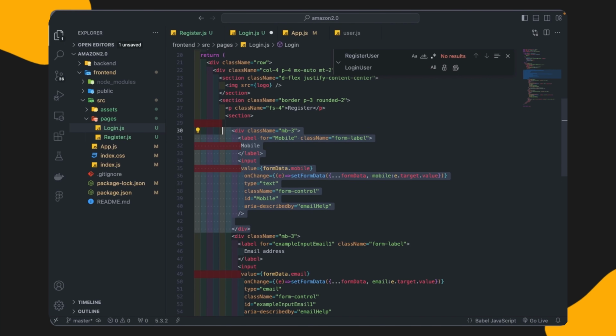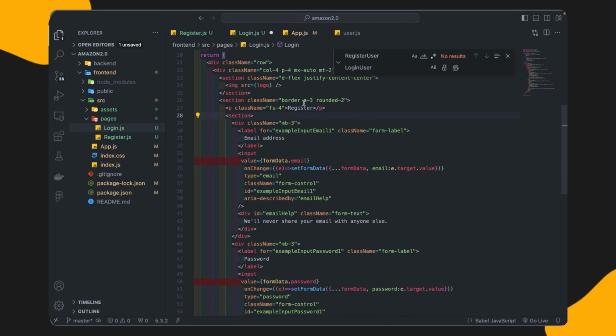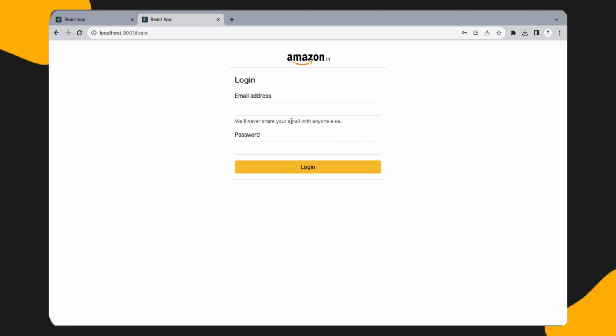Here you can see, I will remove this thing, and instead of register I will give login, and instead of this button I will give here also login. So now you can see this is the design now, but our backend code we have to write, because register API we cannot use for the login. We need to create a separate API for the login.